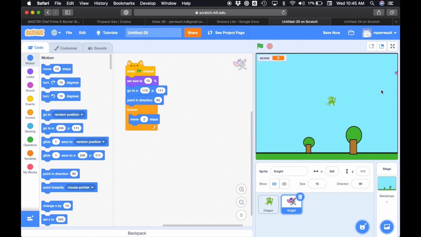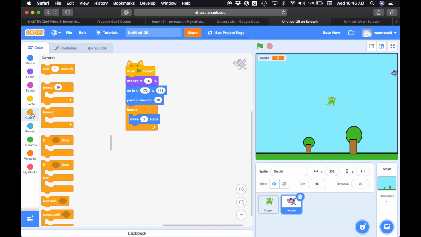Now, just like our dragon, we're going to build a check to see if our guy touches the edge of the screen. So I'm going to push stop. I'm going to drag him back just a little bit to see what his X position is here. For me, it's 232. So I'll go under control, and I'm going to say, if,